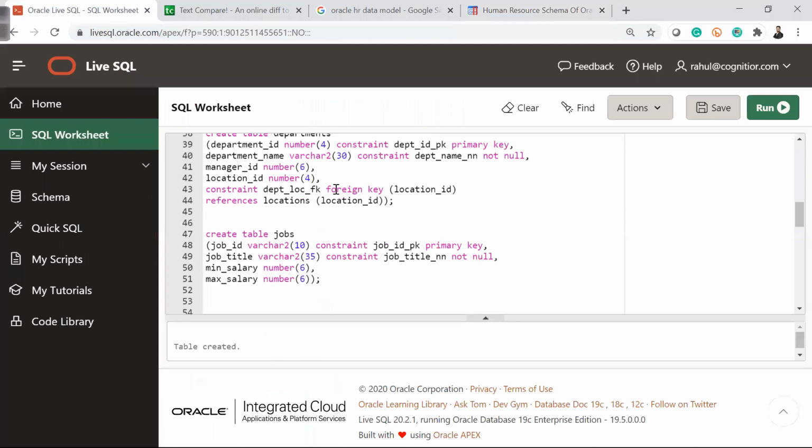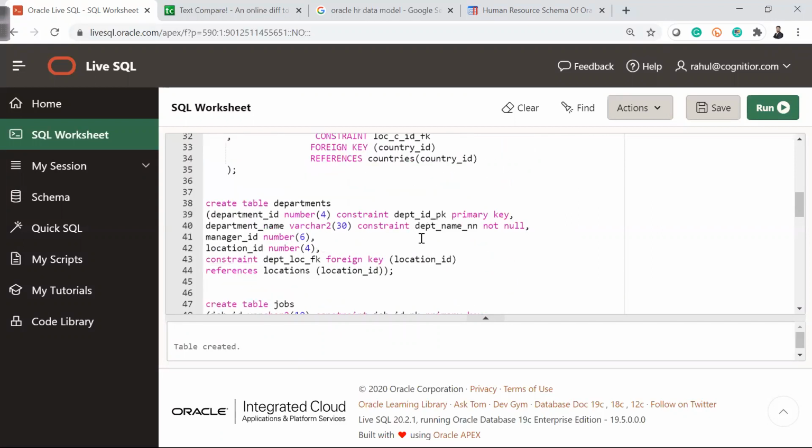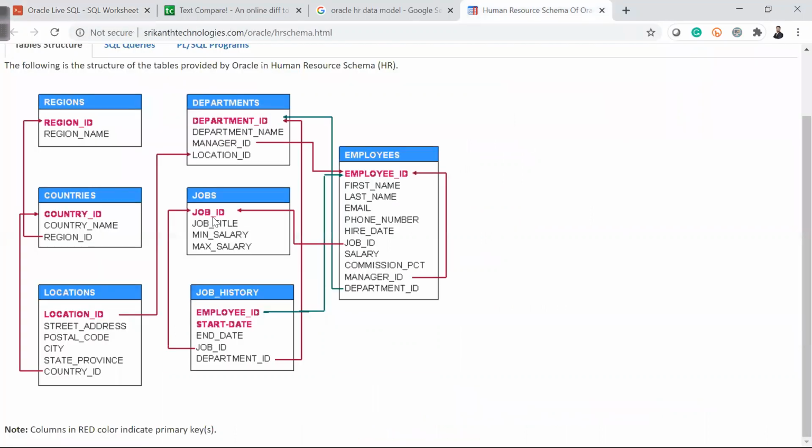Then the next table we had is department. In the department table we had a primary key, department ID. Manager ID, at the end we created as a foreign key coming from the employees table, and location ID is also a foreign key. There are two foreign keys, right? Because we altered the table, if you guys remember. So we have one primary key which is department ID, and location ID and manager ID are my foreign keys. So here is the table. Department ID is the primary key. Then manager ID is coming from employee ID. Beautiful. And location ID is coming from location ID.